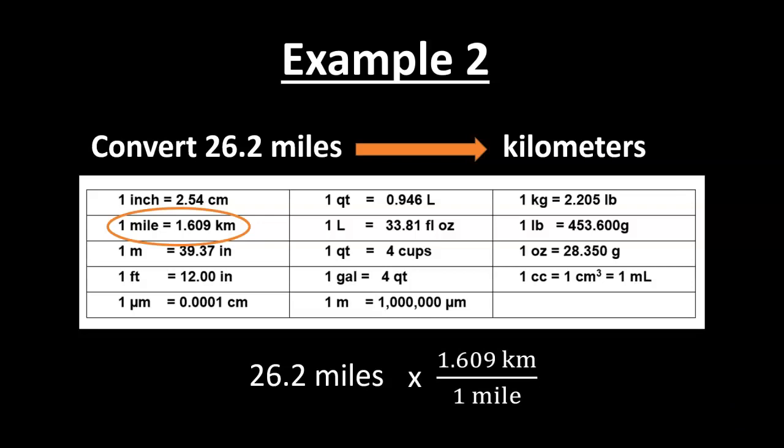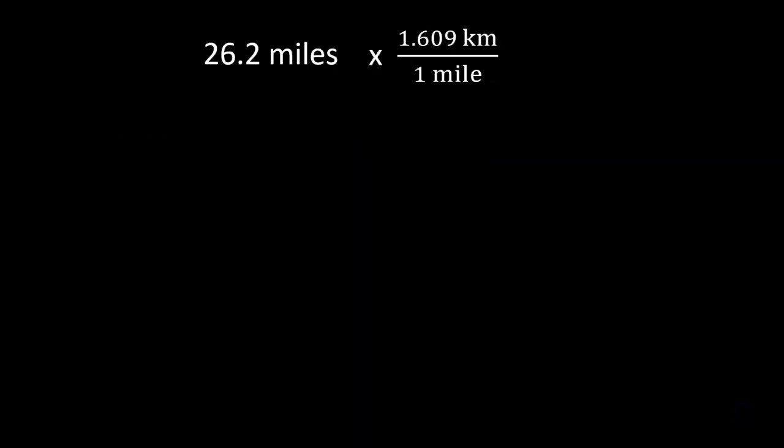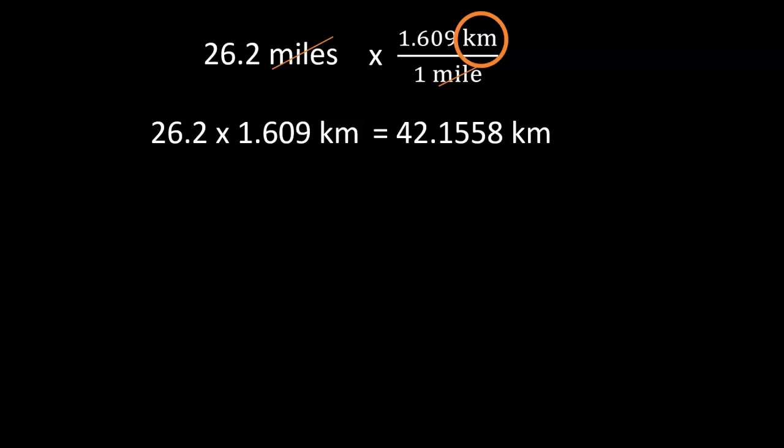We want our miles to cancel. So we know that the miles has to go on the bottom because that 26.2 miles is understood to be over a 1, and in order for those units to cancel, they have to be diagonal from each other. So this is what we have, 26.2 miles times 1.609 kilometers over 1 mile. Our miles are going to cancel. That leaves us with kilometers, and we have simple math left. We plug that into our calculator